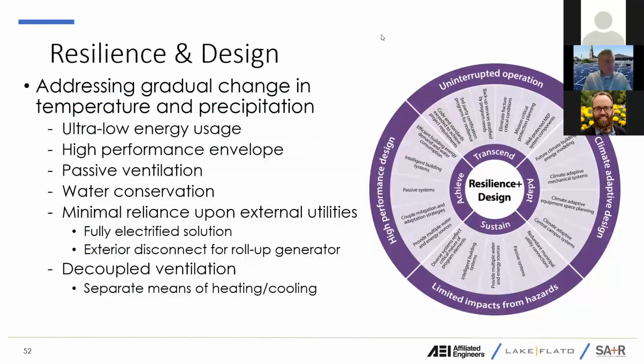So resiliency and design, just to recap as a summary and talk about resilience. Ultra low energy usage, the envelope is very high performance. We have passive ventilation. We're able to utilize the outside climate the majority of the year. Water conservation is excellent. And then the other thing we've done with this building, because the building is fully electrified,